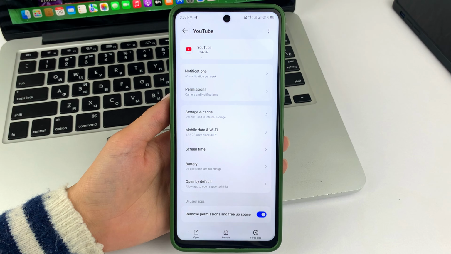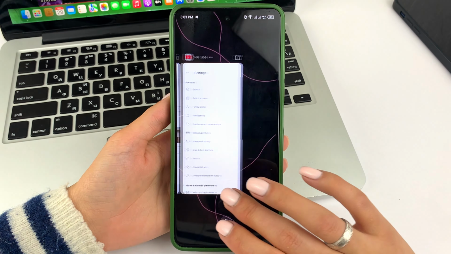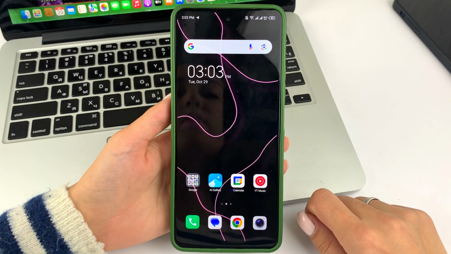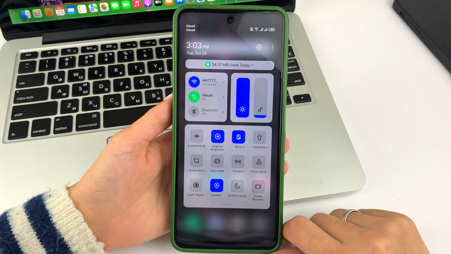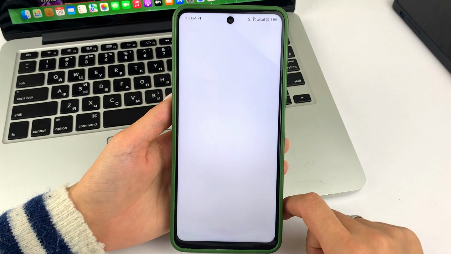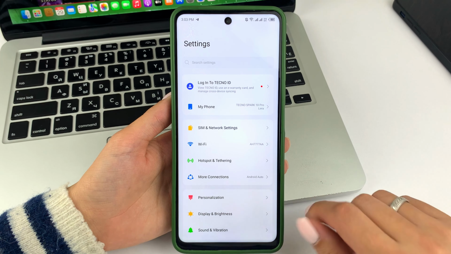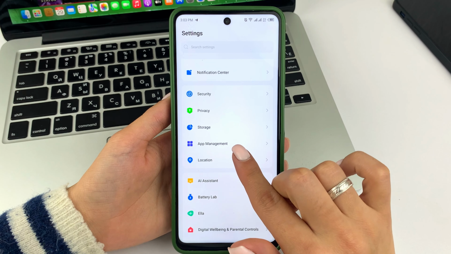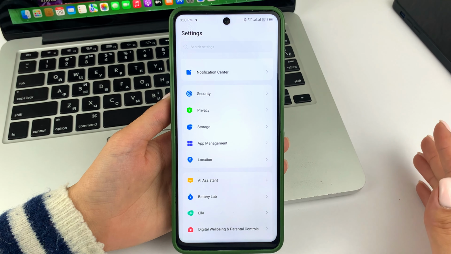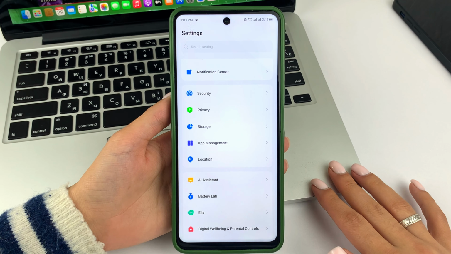And let's get started. First of all, friends, you're going to need to unlock your Android. Swipe from the top of the screen down. Then in the control center at the top, find the gear to go to your phone settings. After that, swipe through and find an option called App or App Manager or App Management, depending on what it's called on your particular device.